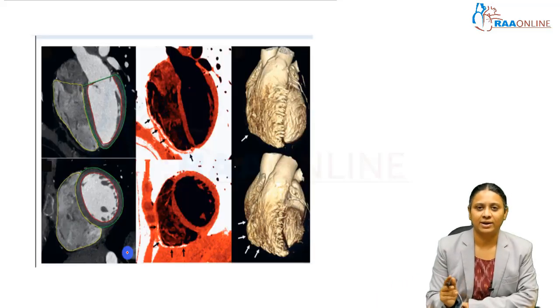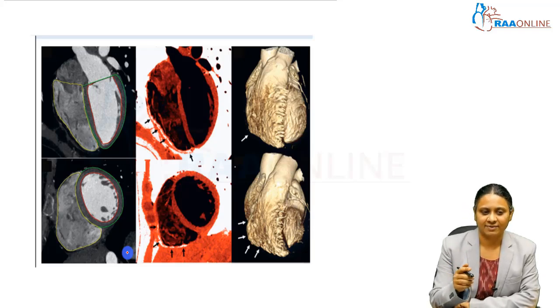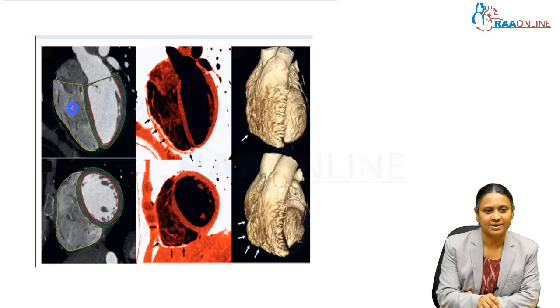This is the newer addition to the multimodality imaging strategies we have to diagnose ARVC: CT. We can see the green one, there is only one measurement of the RV because the free wall is already thin, only 5 millimeter, while the LV is thicker. So we have the red one, which is the endocardial, and the green one, which is the epicardial measurement of the LV volume. You can see the volume of the RV is increased, it is grossly dilated, and there is involvement